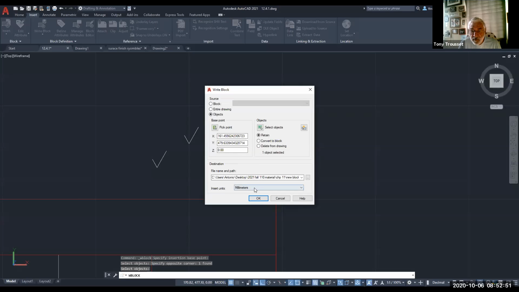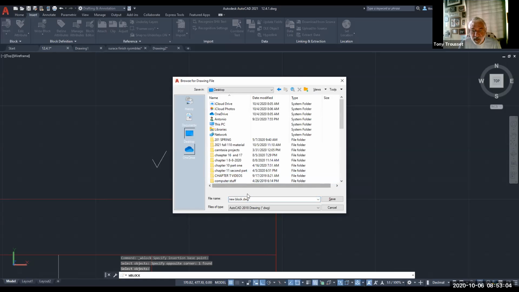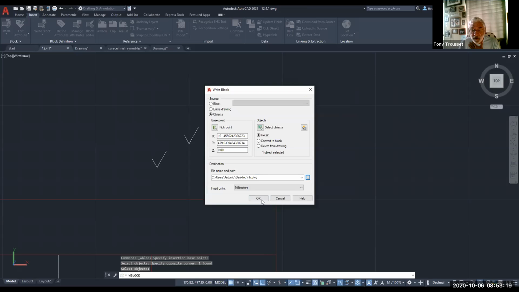Okay, and then you've got to make sure. Okay, I'm going to place it in my desktop, and then here, make sure you give it a name. I'm just going to go HH, and then there it is, and I'm going to save it, and that's just in the desktop. And then hit OK. And it tells you that it's saved in the desktop on my computer, and it's called HH, and it has